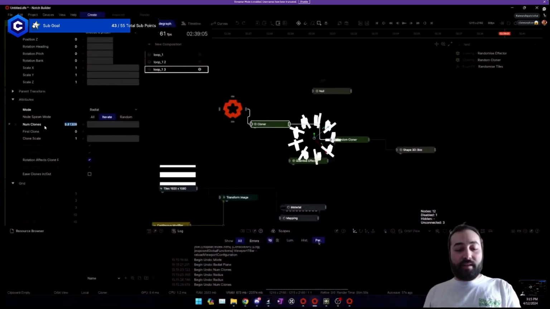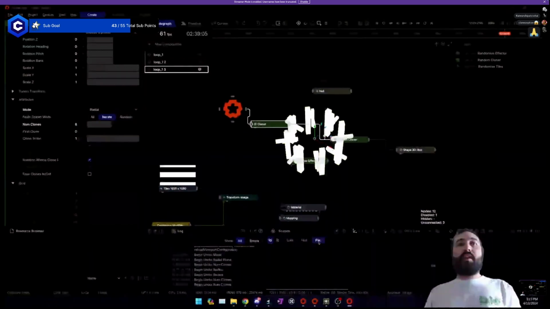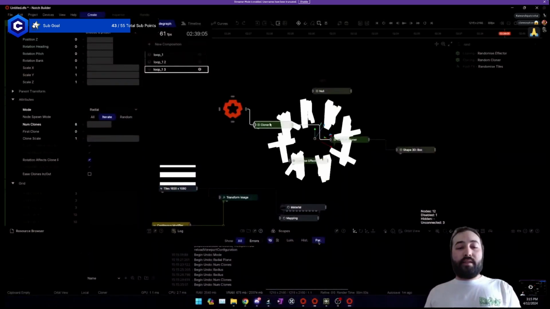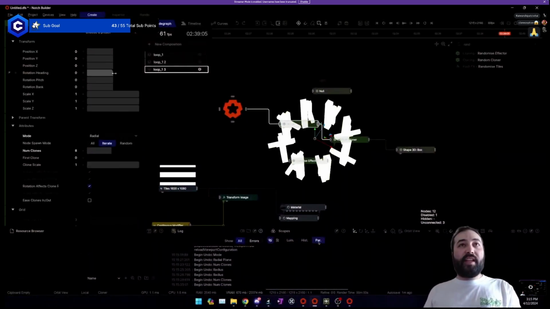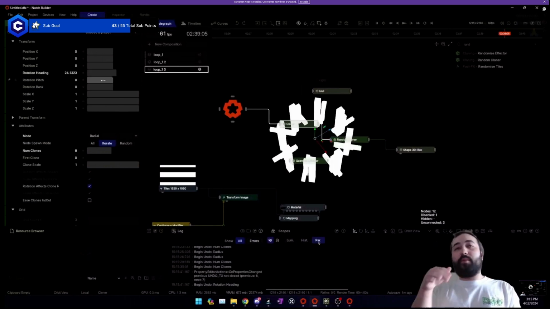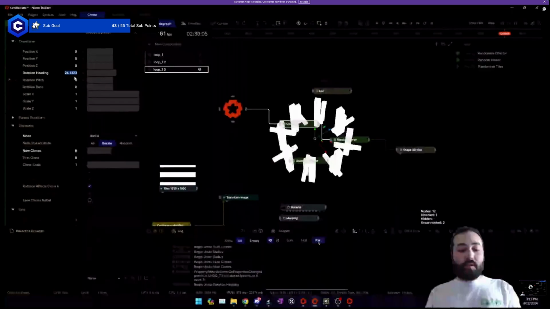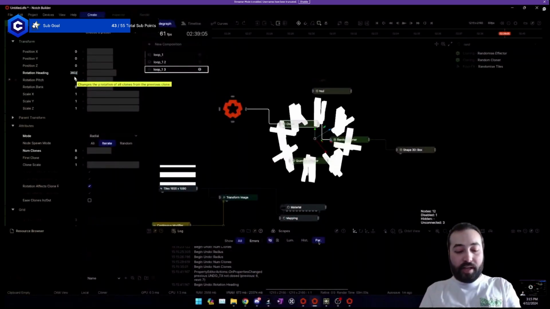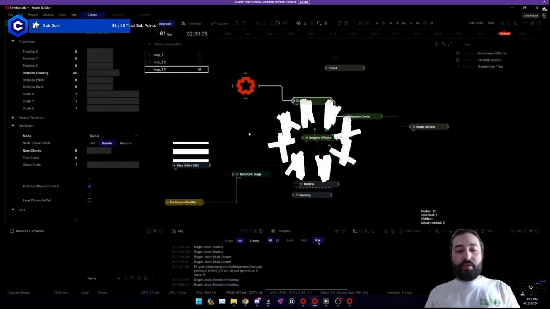I think let's make it like 8 of them. And to make this loop, we only have to move it like 1/8 of the way, right? So it only has to move 1/8 of the way to line up with where it needs to be to loop. So we're just going to do 360 over 8. So that gives us 45 degrees, right?